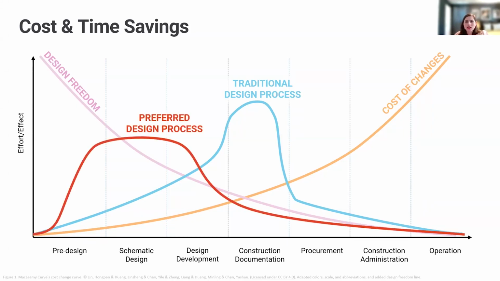But if we could push a lot of that effort to the front end of the process where we have more of that design freedom, using things like design research and collaboration, we can actually have a better impact on the lower end of the project and then gradually ramp down in a later stage. So it doesn't necessarily go away, because things always come up. Value engineering happens. So we want to maintain that continuity of knowledge and input throughout the process. But if we can front load it, we have the best chance of affecting the exact design that we want to.